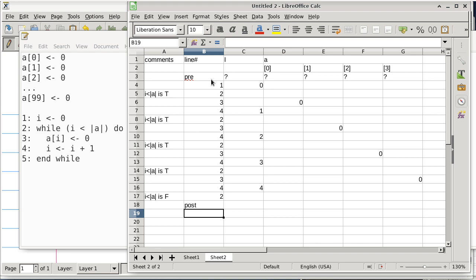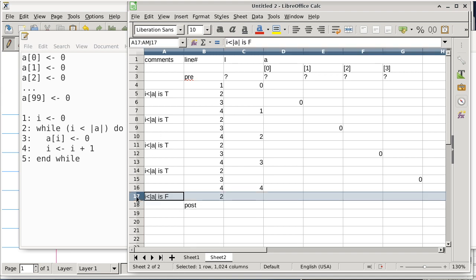Yes? It says i is less than |A| is false. How do we know that it's false? Let's look at row 17. This is why we use a trace method in this class, because I can point to a particular row in the trace, and then we can go back and ask, did the tech make a mistake? We can now check the condition while we evaluate line 2